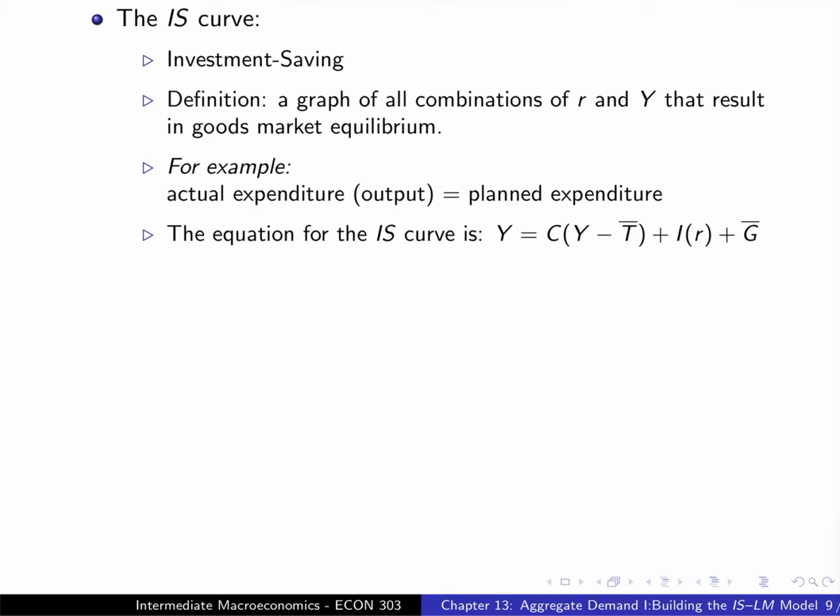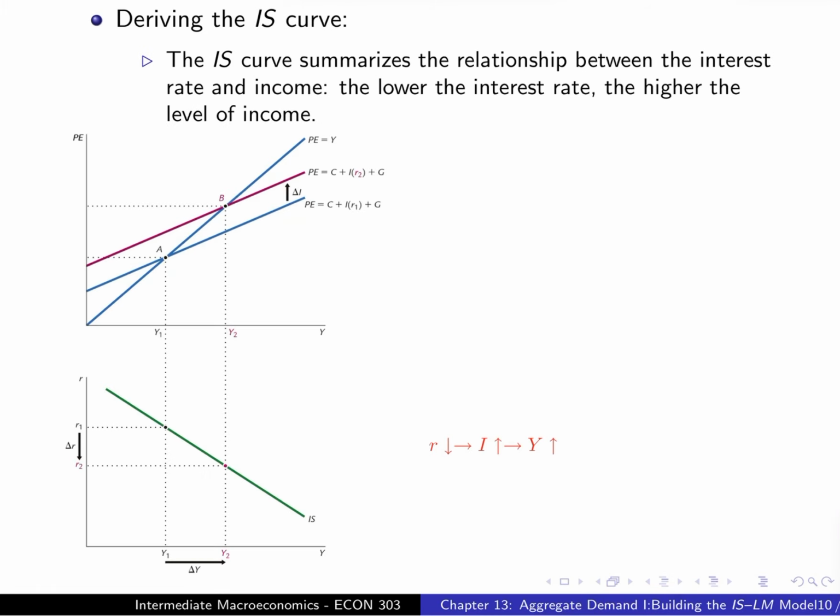Here's what each term means. Consumption, a function of Y minus T bar, means consumption depends on disposable income. Investment, a function of R, means investment depends negatively on the interest rate. And G bar means government spending is fixed. Again, the IS curve shows the relationship between the interest rate R and output Y that keeps the goods market